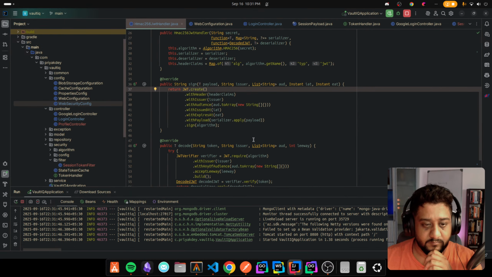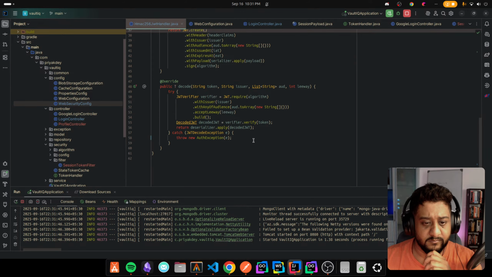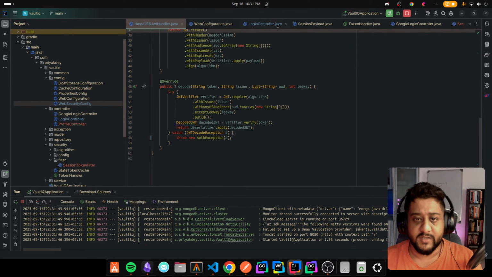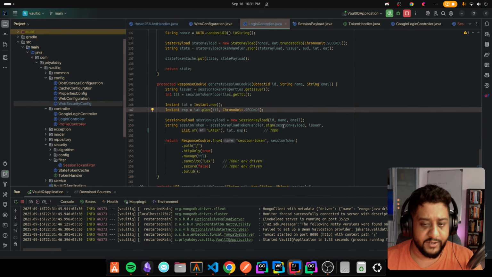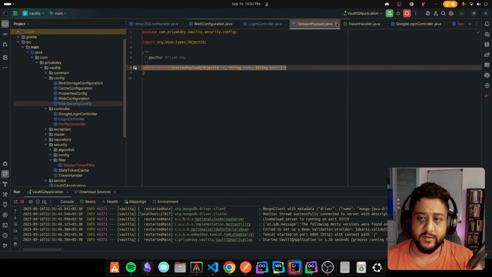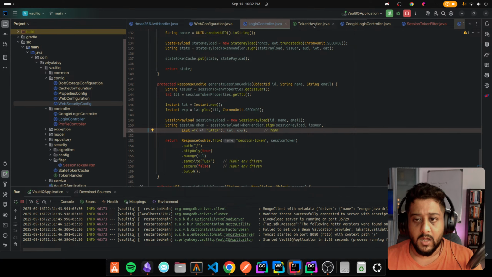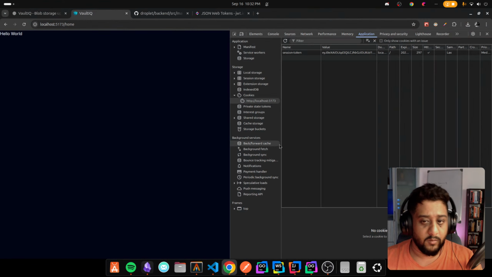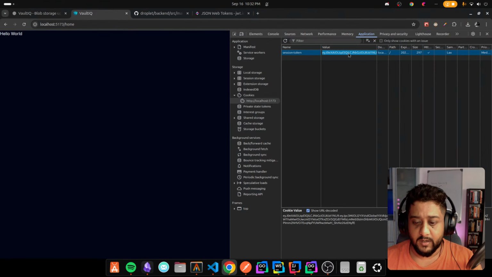Sorry. What did we change here? We changed that. That is fine. So in the login controller, we changed. Yes, this is also fine. Session payload. We're gonna remove this. Token handler and things like that. Okay, but now if I take this cookie